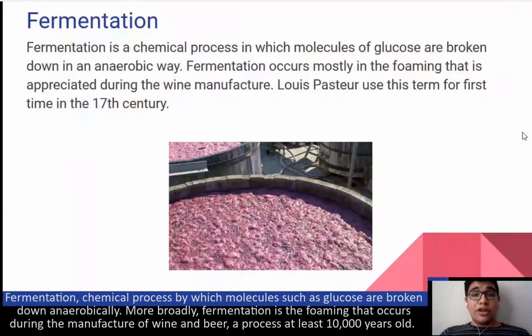Now, I will talk about fermentation and glycolysis. First, fermentation is a chemical process by which molecules, such as glucose, are broken down anaerobically. More broadly, fermentation is a foaming that occurs during the manufacture of wine and beer, a process at least 10,000